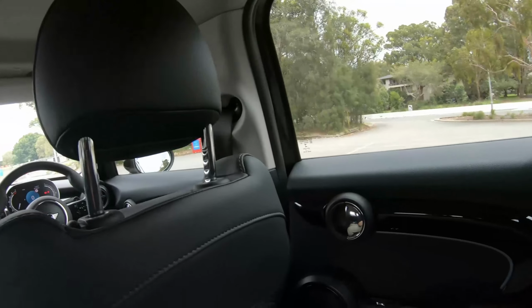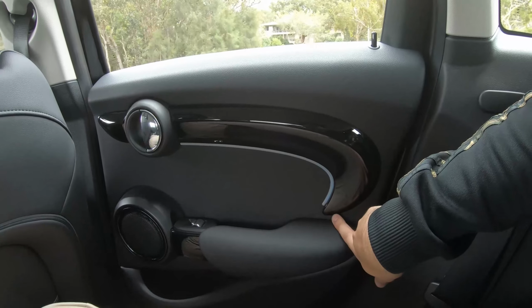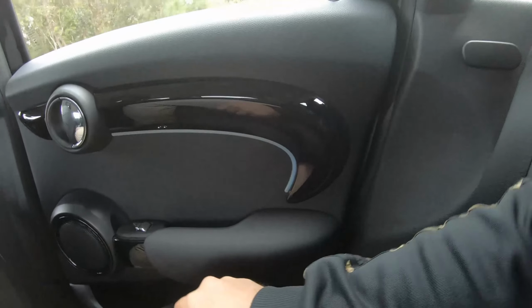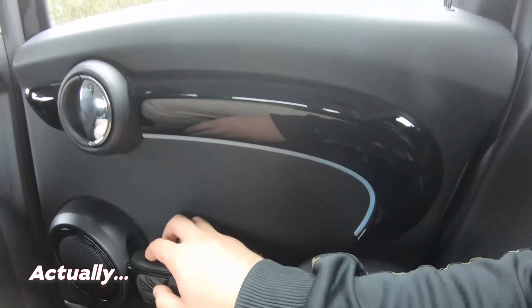And then if we go to the back, that theme continues, but then it curves towards the bottom of the rear doors. And as you can see, there's some ambient lighting as well, so we can actually see this at night, but we're not at night time now. So this is the ambient lighting, since we're inside the parking now. And it also has puddle lights as well, along with the door handle lights. So it's pretty nice